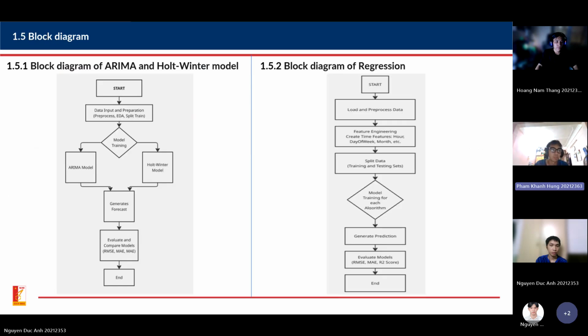We're moving on to the block diagram. In our slides, we have two block diagrams for when we are using ARIMA and Holt-Winters. The first one, as you can see here, is the block diagram of the ARIMA and Holt-Winters models, and the next one is the block diagram of regressions. As you can see here, we will start